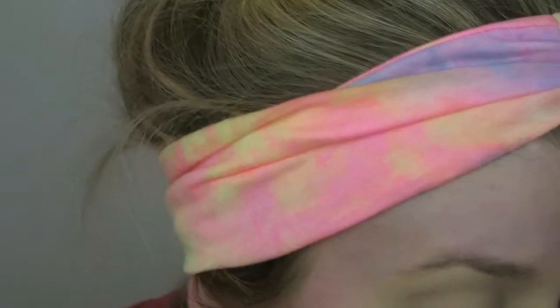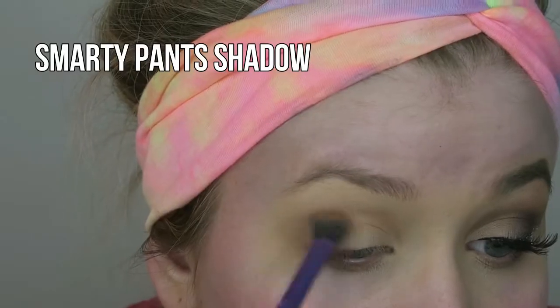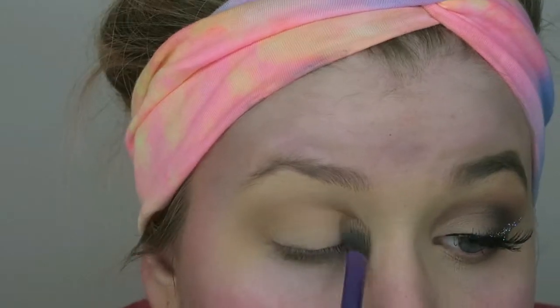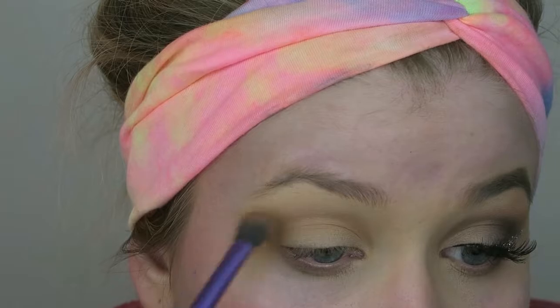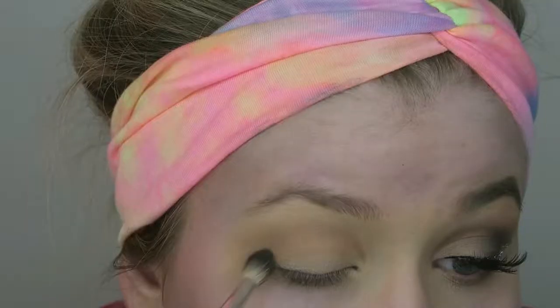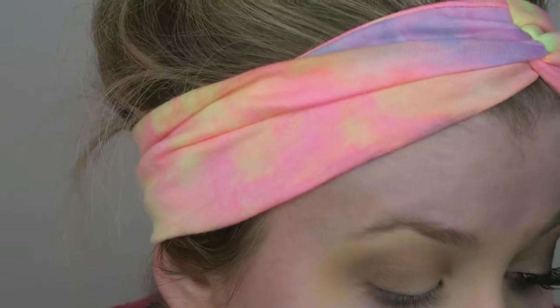This is by far one of my favorite eyeshadow palettes, and I listed these shadows I was using above in the video, but I just want to say that this takes a lot of blending and a lot of patience, especially with the color Activist, which is a darker black shade, and you really want to work on just applying it and blending it out and applying more and blending it out. I know it's tedious, but that's how you get the perfect smoky look,